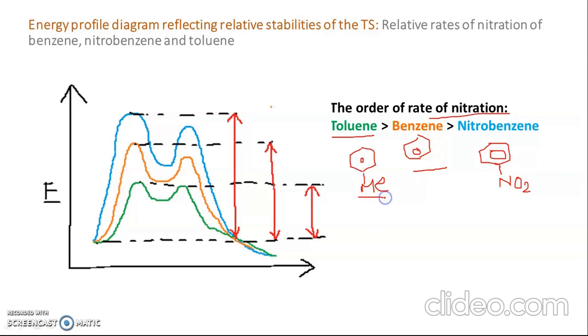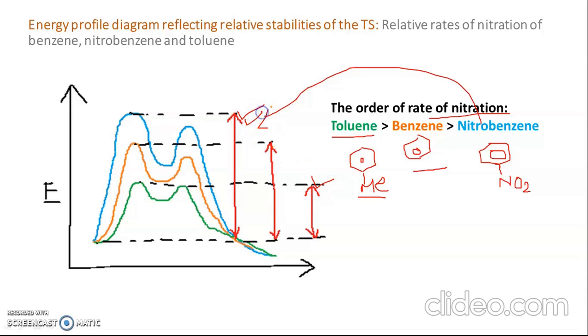If you go towards the left hand side, that is toluene, the ring is activated, and on the right hand side the ring is deactivated. Now just compare the energy profile diagram. Just observe the color. I have drawn the energy profile diagram matching the color. For nitrobenzene, you can see the activation energy is maximum. Now the orange line is for benzene. So this has an activation energy which is intermediate